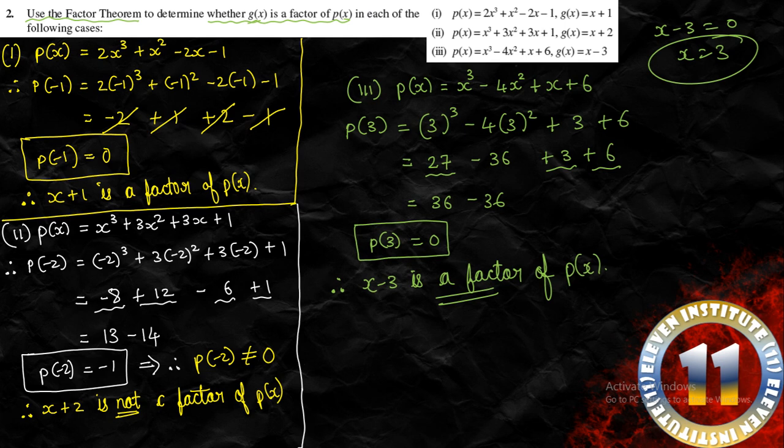Fine, so we end up the video lecture over here. We will now meet again in the next video lecture and we will factorize the polynomials. Till now what we have done, we have checked whether a particular polynomial is a factor of another polynomial or not, and based upon that we have found out the values of the missing factor or coefficient, like k or anything else. In the next video lecture we will start using the actual factor theorem and we will start factorizing the polynomials.